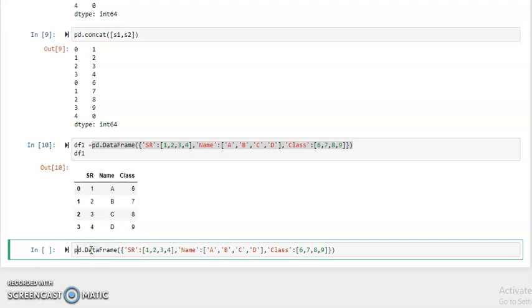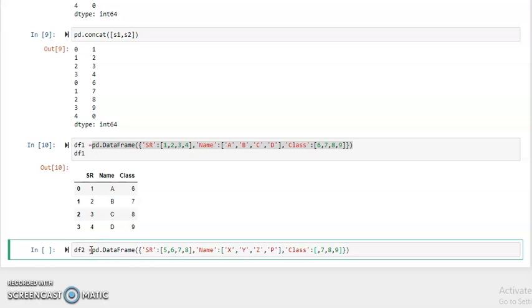Suppose we assign this new data frame the variable name df2, and we change the id, suppose 5, 6, 7, 8, and the name we change to x, y, z and p. Okay, and class is also changed, suppose